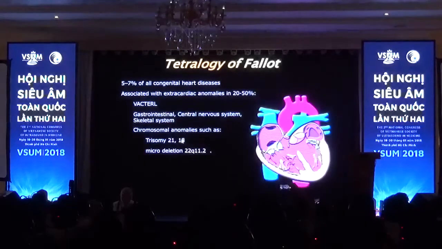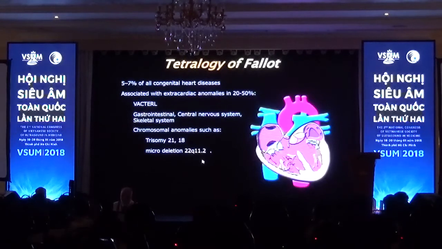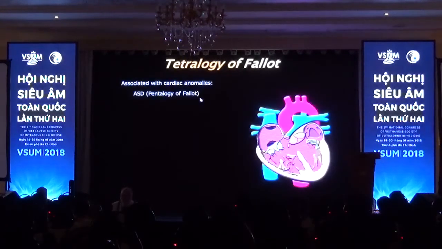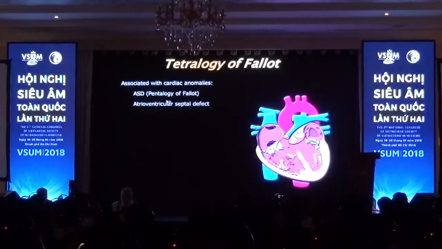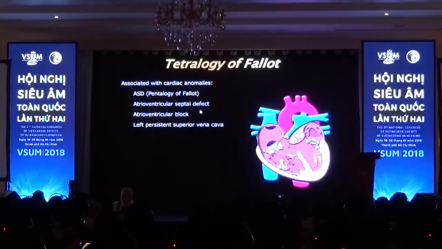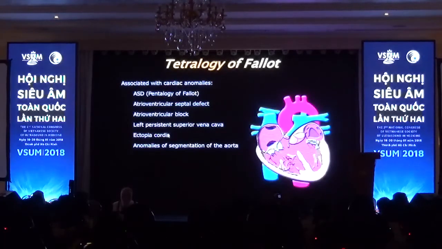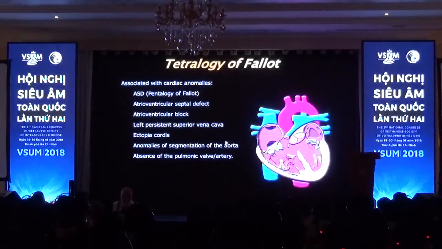Look for trisomy 21, 18, and then the microdeletion 22q11. So multiple things to think about. Now, sometimes you can have other cardiac anomaly, including an atrial septal defect, that is called a pentalogy of Cantrell, atrioventricular septal defect, the one we just looked at a second ago, atrioventricular block, persistent left superior vena cava, ectopia cordis, anomalies of segmentation of the aorta, like coarctation or tubular narrowing, or absence of the pulmonary valve or pulmonary artery, which is actually a form of tetralogy